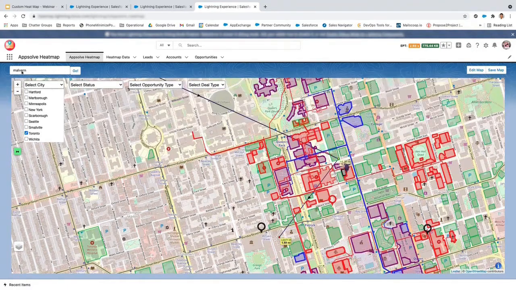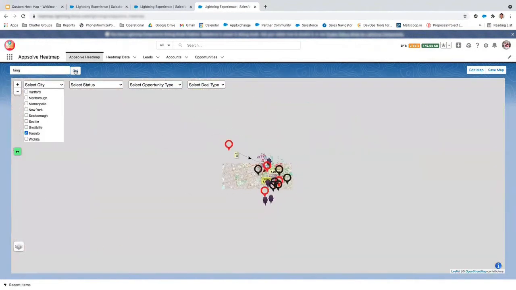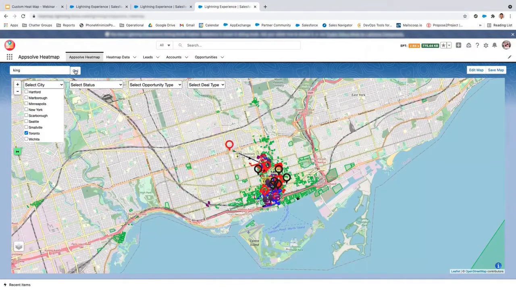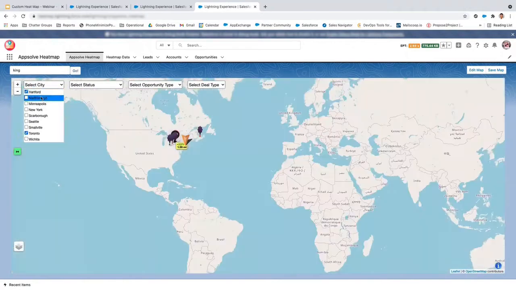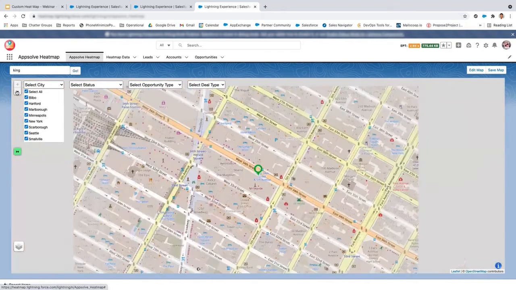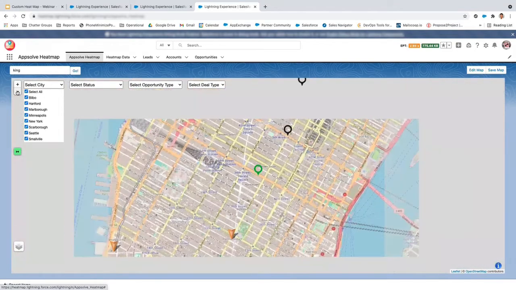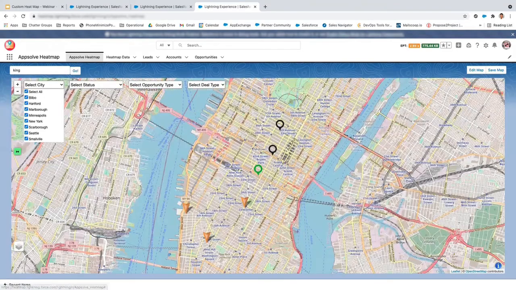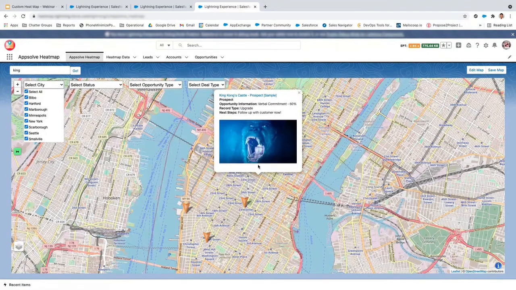Let's say, for example, we want to go to New York. Important thing here is to click everything in here. And we'll zoom out. Automatically, we're here in New York, and we can see an opportunity with King Kong's Castle,